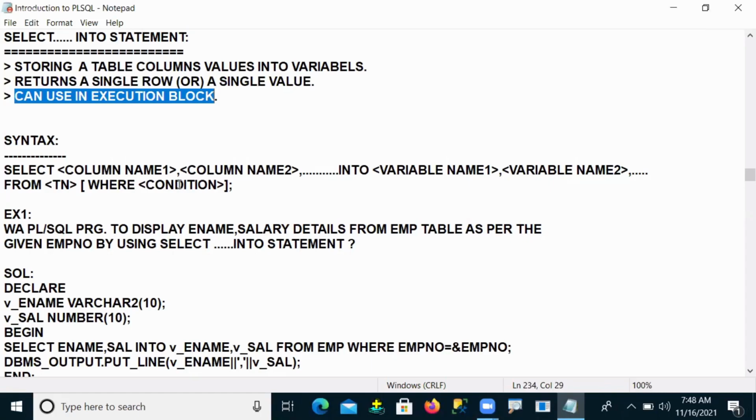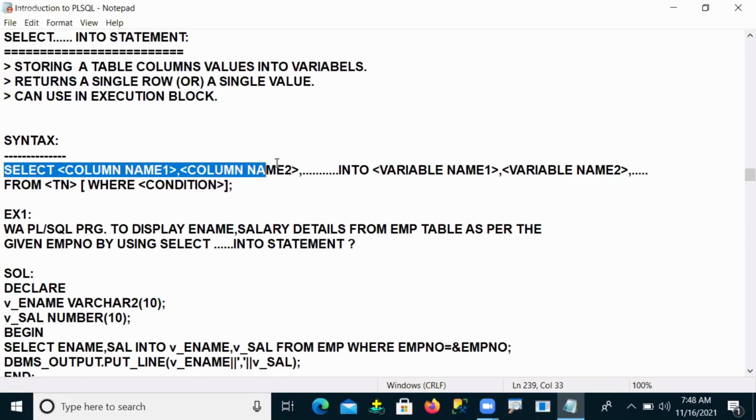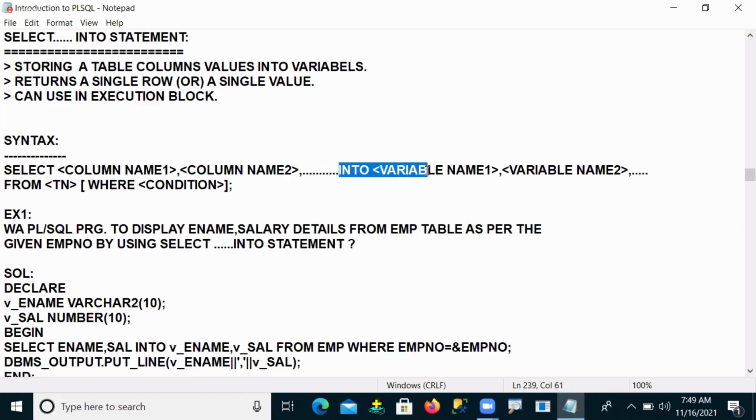Now come and see the syntax. Select the required columns, that means the columns whose data you need to store into variables. You call your required columns here, and those column values I want to store into my variables, variable 1, variable 2.